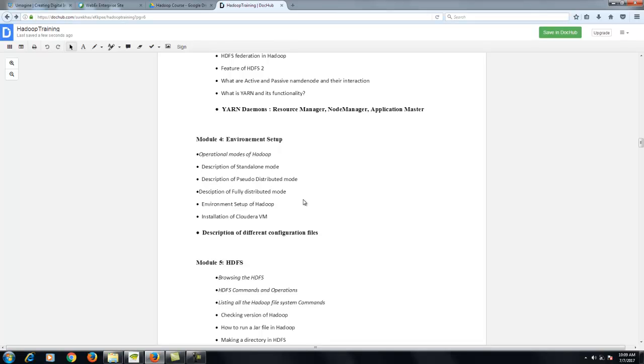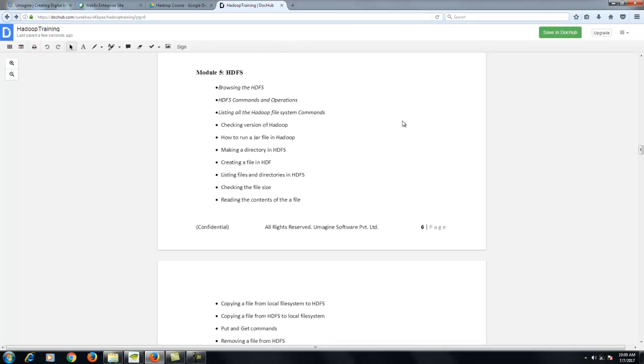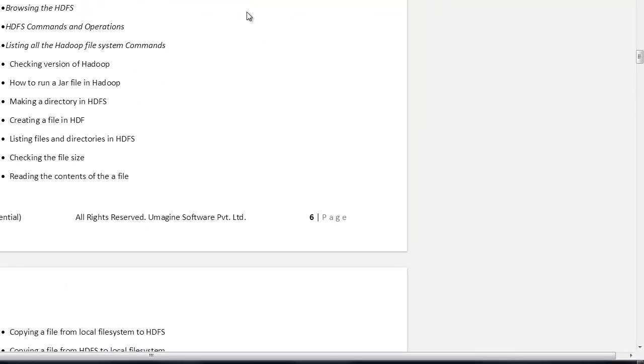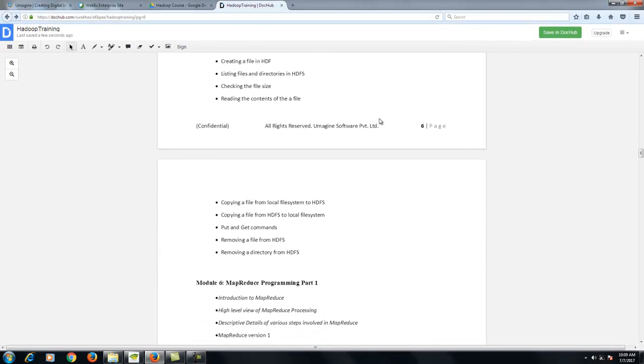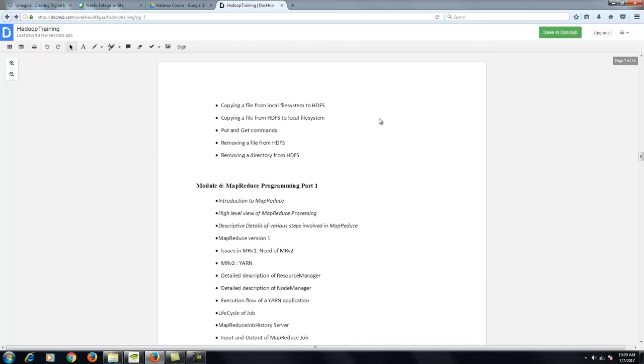We have also covered the environment setup for each of the use cases or assignments which you will be doing. We have our own virtual machine which you can use, or you can use the openly provided virtual machines from Cloudera or Hortonworks. Module 5 is more of technical details on HDFS. We'll talk about how the backup happens, how you create a file, how you create a directory, and how you delete a file from the file system.